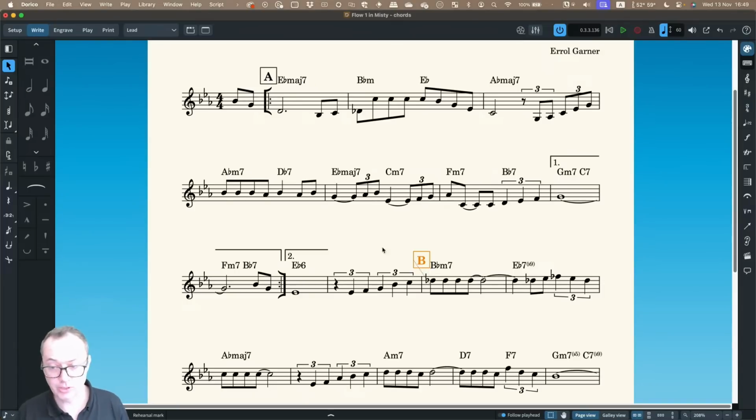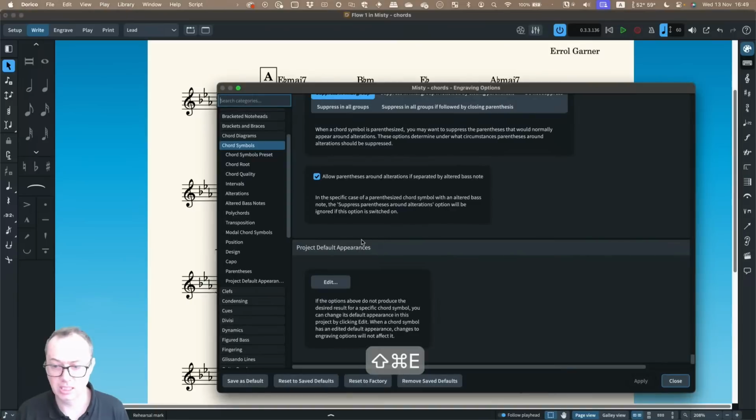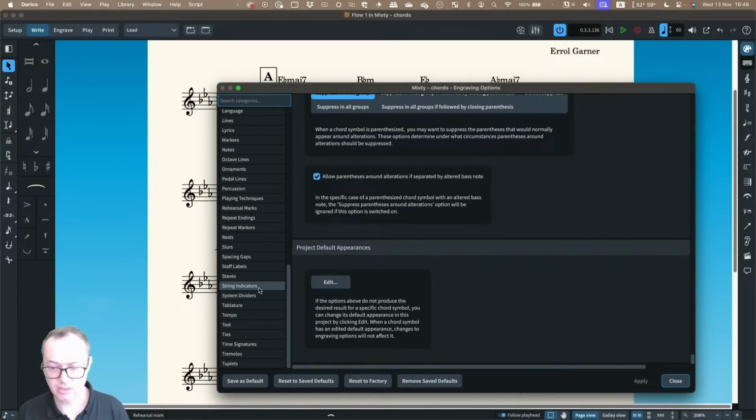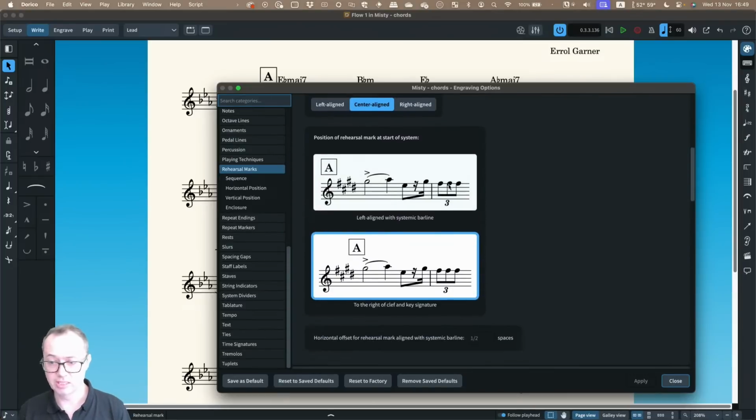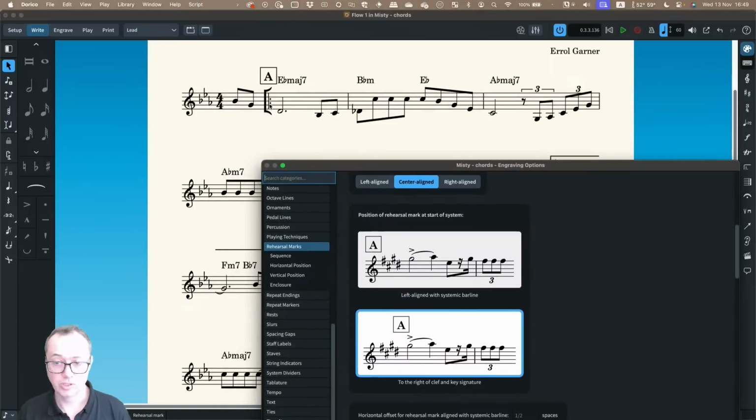In our engraving options, Command Shift E, or in the library menu, for engraving options, there are some sections down here for rehearsal marks. This is where you can say that the sequence type is letters, numbers, or bar numbers. Depending on your lead sheet type, you might want to change some of those. The positions of things. I find this option really useful. It automatically positions a rehearsal mark that's at the beginning of the system,